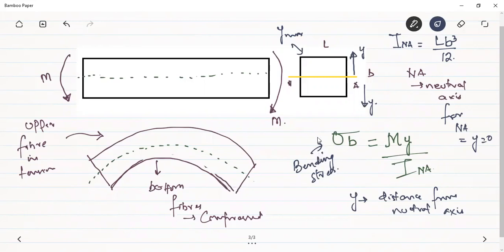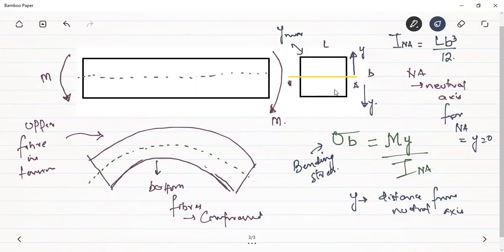Okay, someone was saying that this question was out of syllabus. Someone told me that we hadn't studied the beams. Why did you put the question of why we prefer the I section in the beams? But I had already told you about it in the moment of inertia. Okay, by this formula it is more explained.